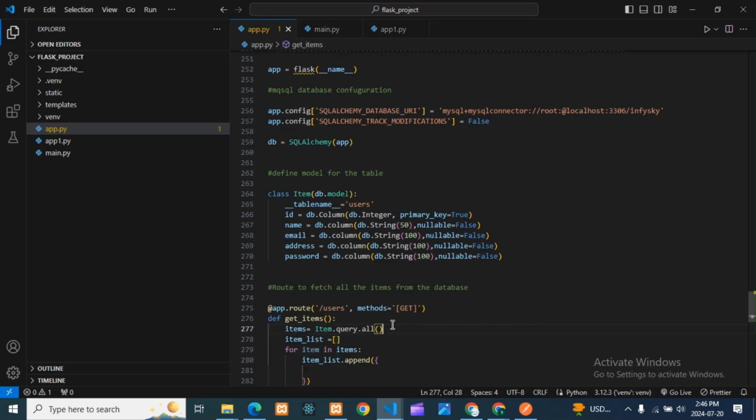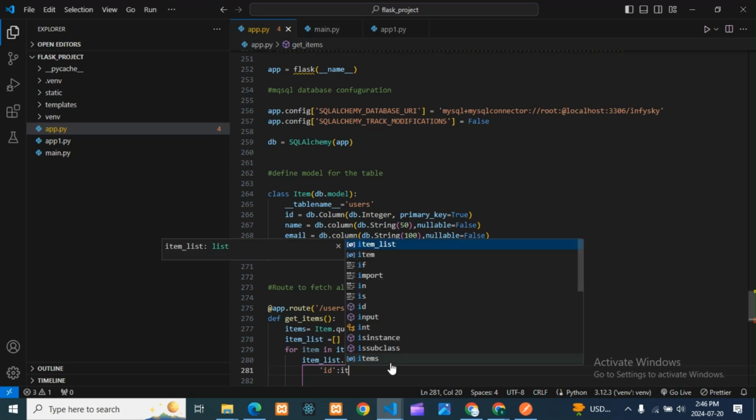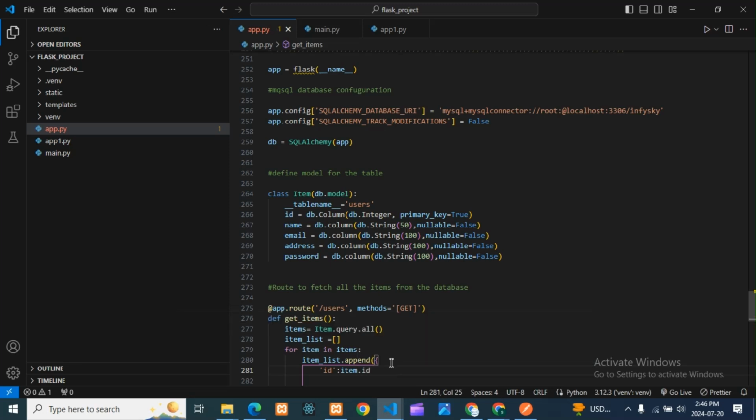We have declared our empty list, then using a for loop we are taking all the data and appending it to the list. So how are we appending that data? First we'll take the id, so here it is item.id.